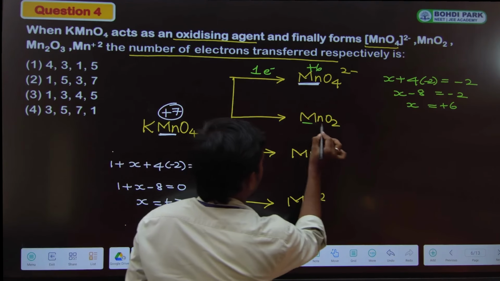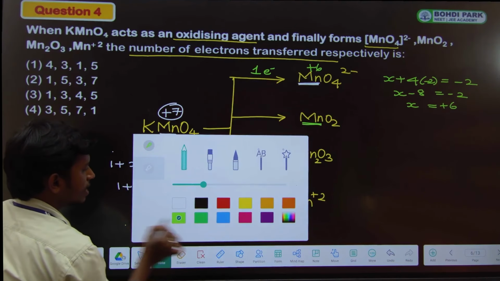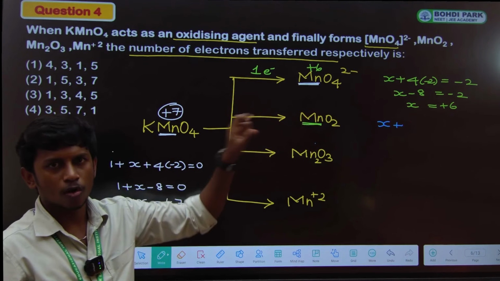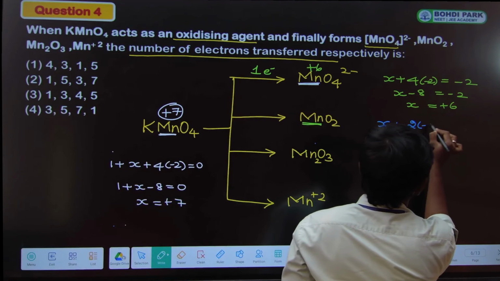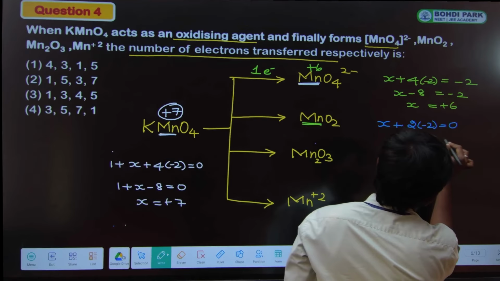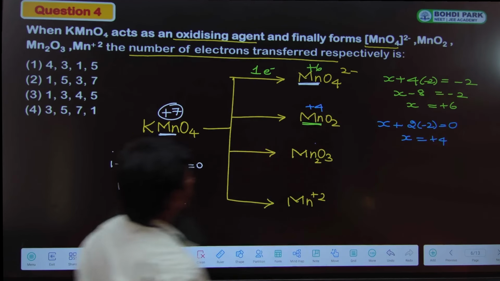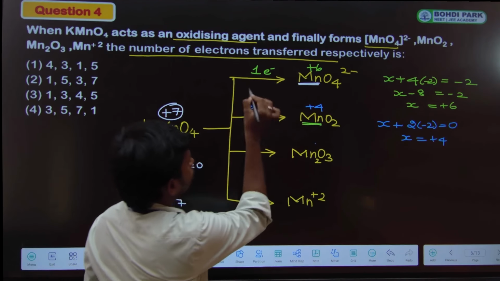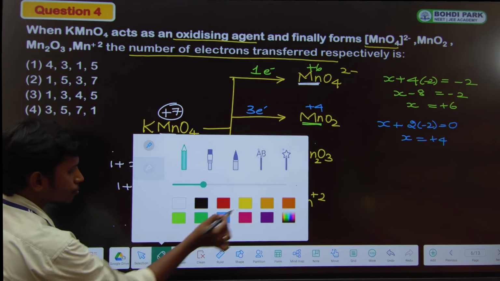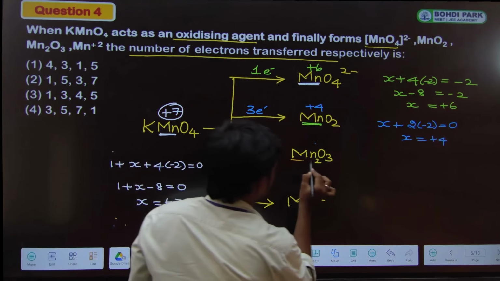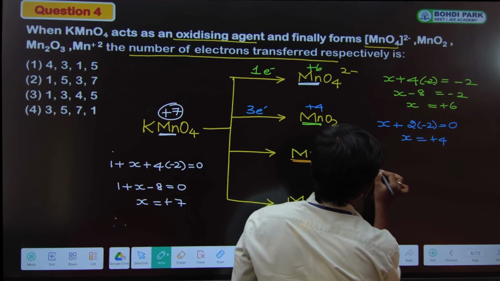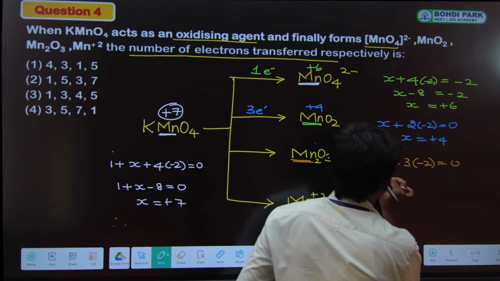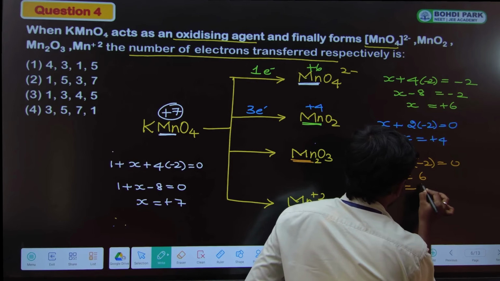Here we have to find the oxidation state of manganese in this case. Let's take the unknown as x. Plus 2 oxygens are there, so for one oxygen -2, then 2 into -2, is equal to 0, then x is equal to plus 4. Here manganese has changed to plus 4. For plus 7 to plus 4, how many electrons would be needed? 3 electrons are involved. Okay, so here